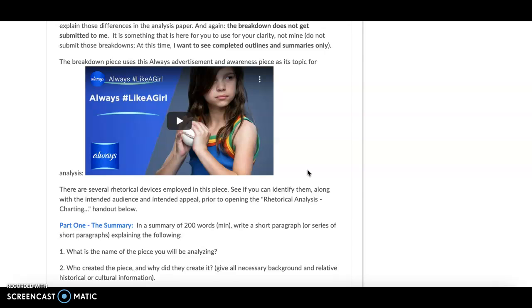But the main thing is to remember that when you're talking about their appeals, that is when your chapter is referring to things like logos, ethos, and pathos. A rhetorical device makes an appeal to its intended audience, and that appeal is either made via logos, with a logical appeal, with facts, expert opinions. Your devices can also include captions. You could say captions are used as a device to deliver logical information, facts, and statistics, which makes a logical appeal to the viewer, right? That would be a caption as a device, and the rhetorical appeal would be logical.